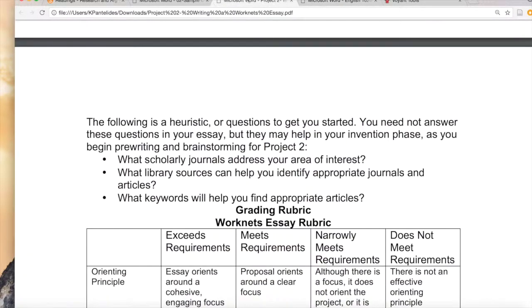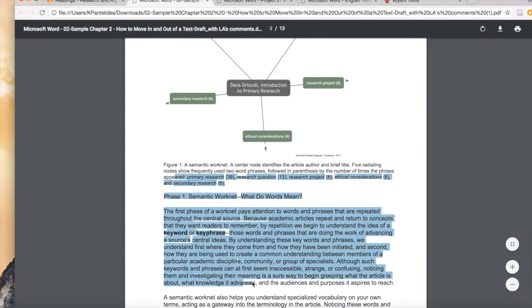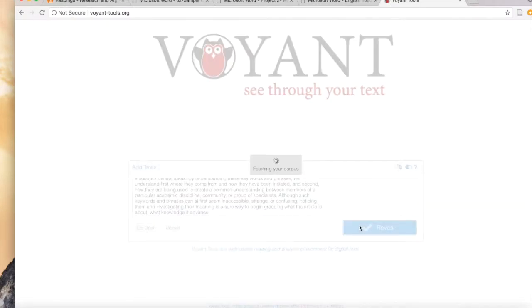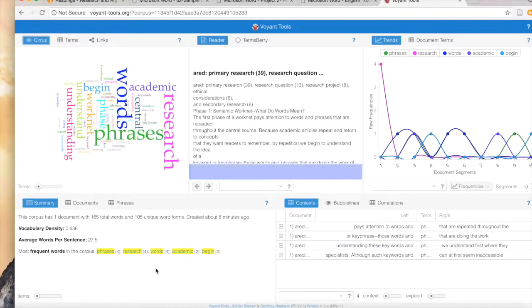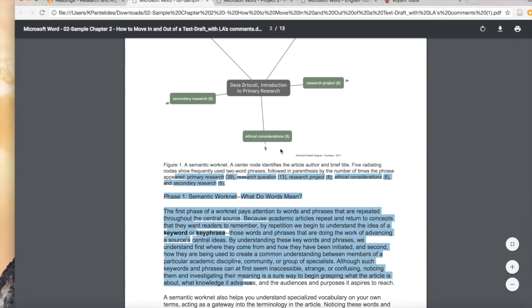And I'm just going to take some of the text here, copy and paste. And then it's going to tell me how many words are in that text, which are used most frequently. It's going to give me a Wordle that shows me how many words were used and how frequently. So words and phrases are used the most in the text I selected. So that's an option for you. Again, you'll go through this first phase,